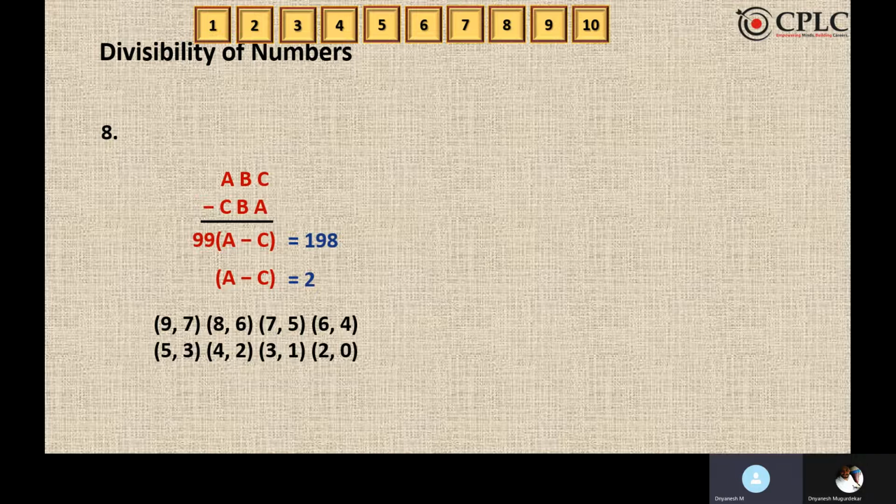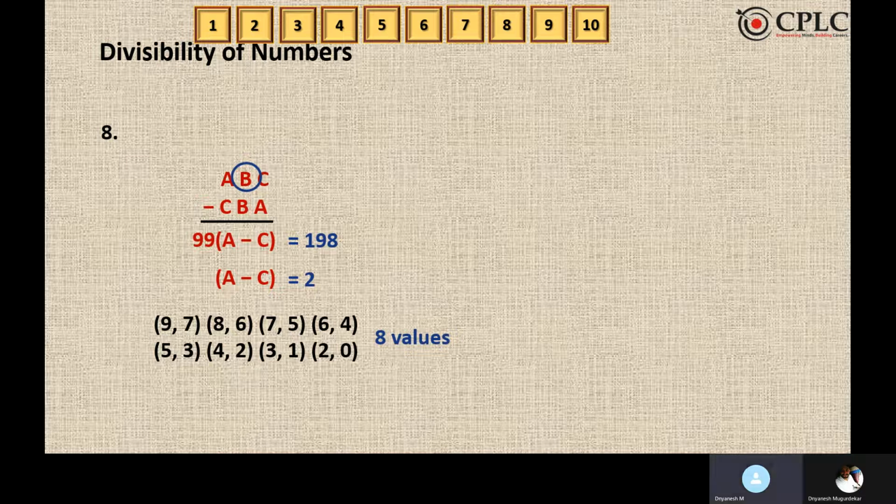Coming back to the third digit, which is B. Now there is nothing mentioned about repetition, which means repetition is allowed. B is a single digit and it can assume any value from 0 to 9. So for B, there are a total of 10 possibilities available.